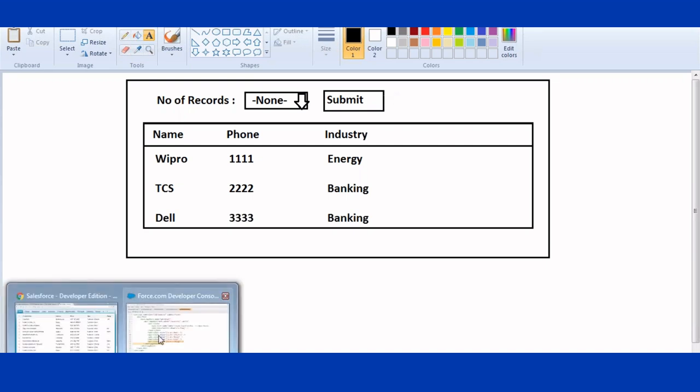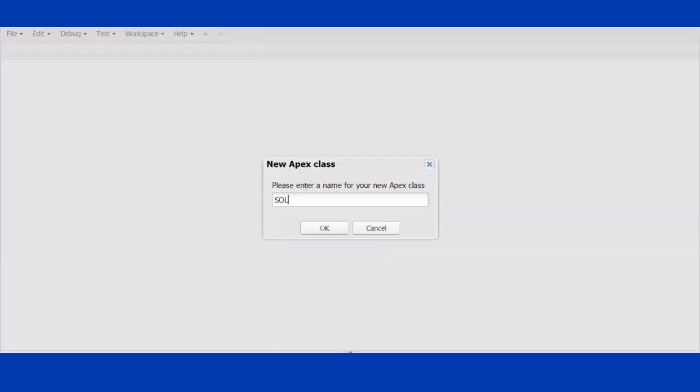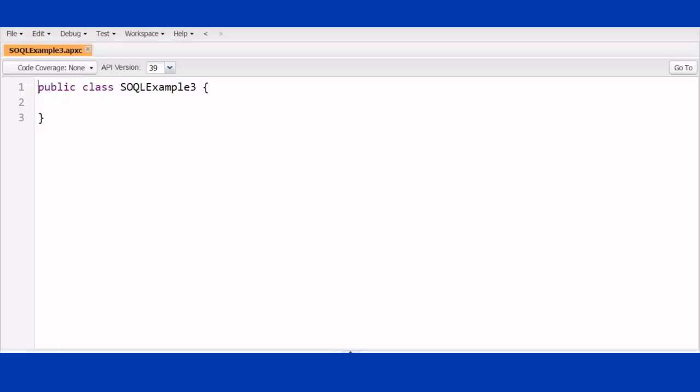So let me give you this concept. The same example I am going to achieve. You want to display a pick list. What do I need? Select option. Then similarly, what I want to give is public list of